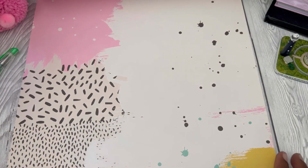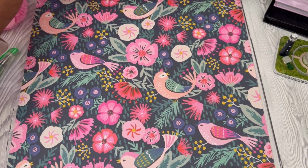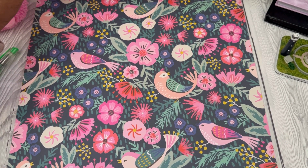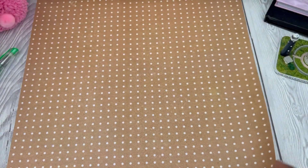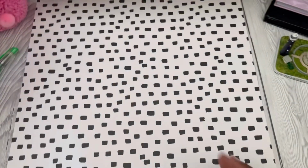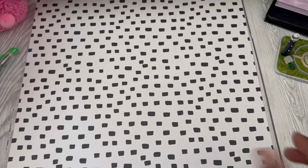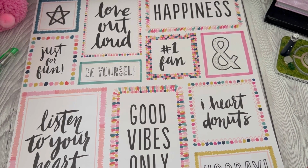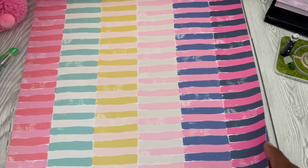We're actually coming up to my favorite page, which is this one. Absolutely gorgeous. I love this page. I'm gonna try not to hoard it and to use it, but I just love the pink flowers and the birds. We've got some polka dots, we have some square dots on a black and white page. We've got these also cut aparts, happiness, good vibes only, I heart donuts, listen to your heart, some more stripes,